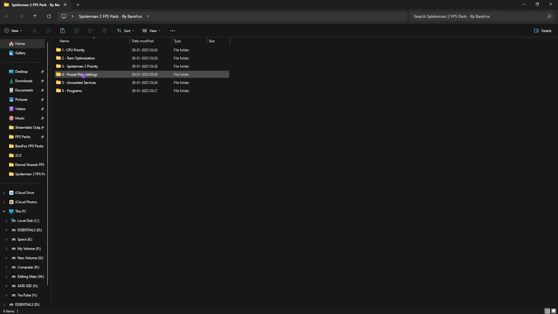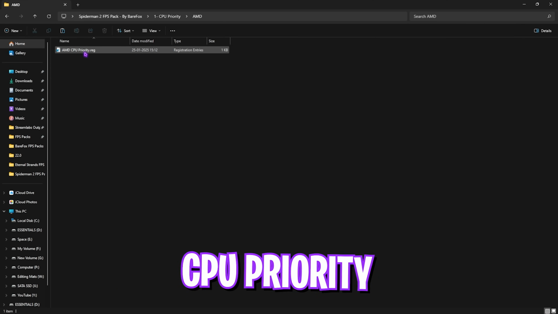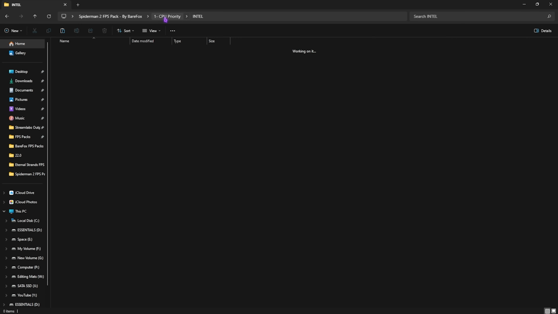Let's start with the first one, that is CPU priority, which I have left AMD and Intel CPU priority. Once again, if you have an AMD CPU, I would recommend you guys to double click and run the AMD CPU priority. This will help you to set up the correct dword values to help your CPU run better with better performance. And once again, if you have an Intel CPU, you can double click on the Intel CPU priority